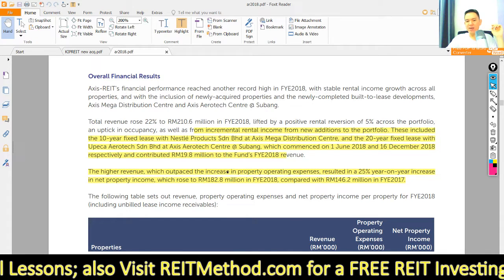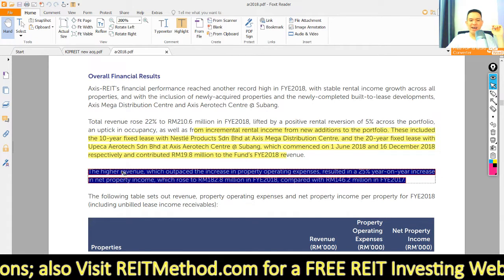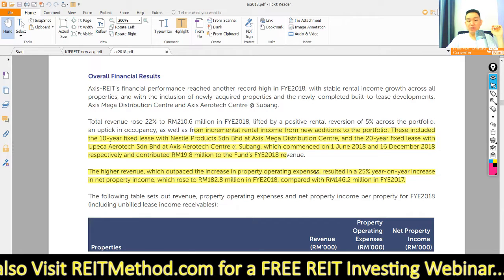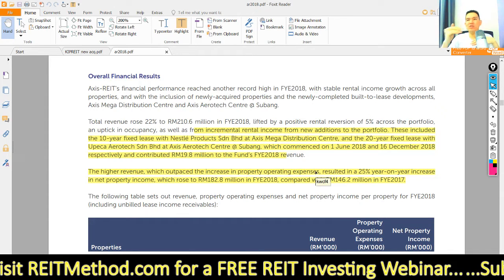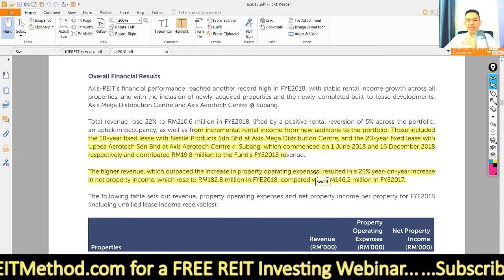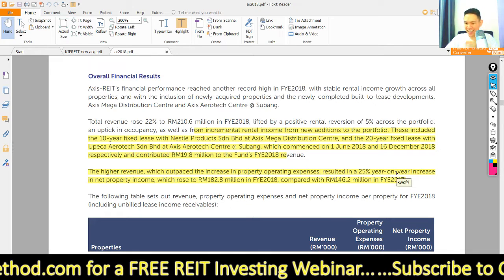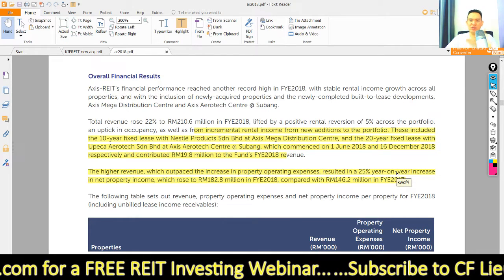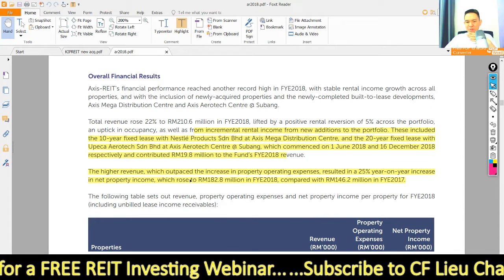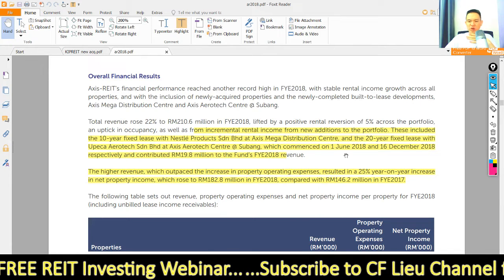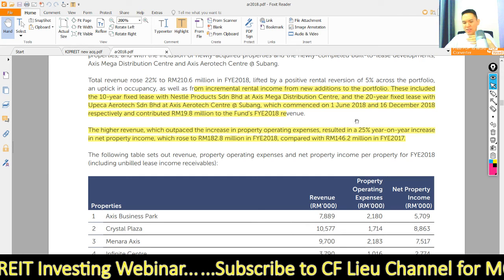They also highlight the higher revenue, which outpaces the increase in property expenses, which is good. So the increase in rental income is actually faster than the increase in property expenses, resulting in, again, they want to repeat that because it's a positive thing, a 25% year-on-year increase in the net property income, NPI, as I've shown in the course, right? So this one,